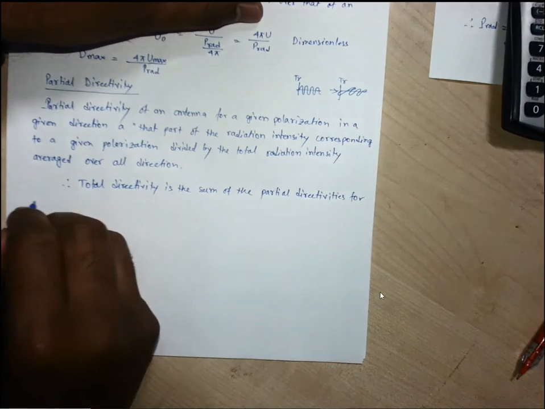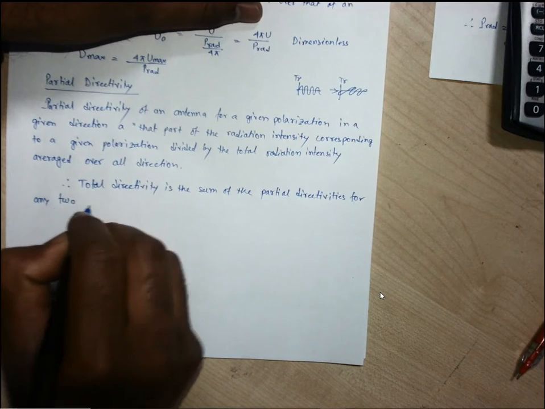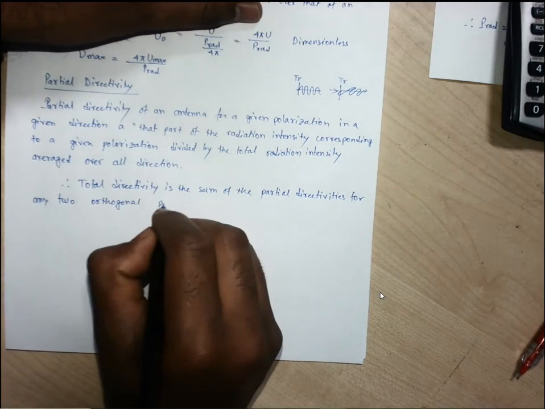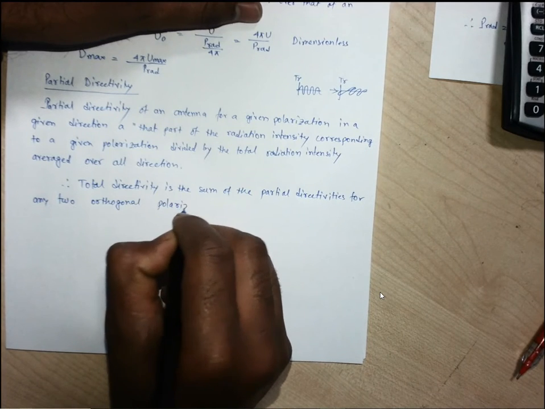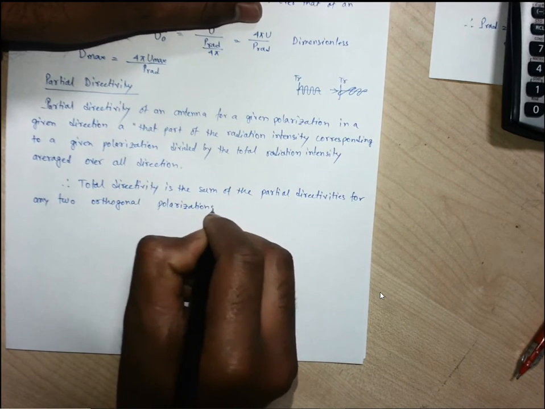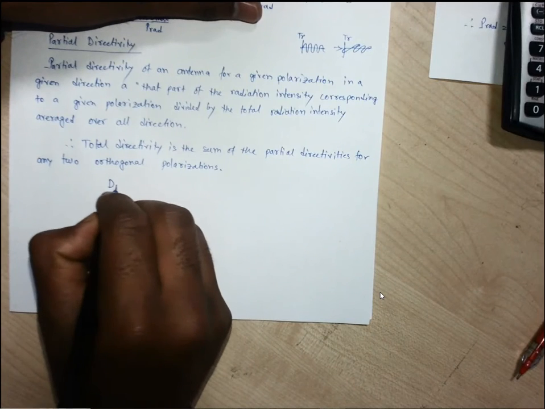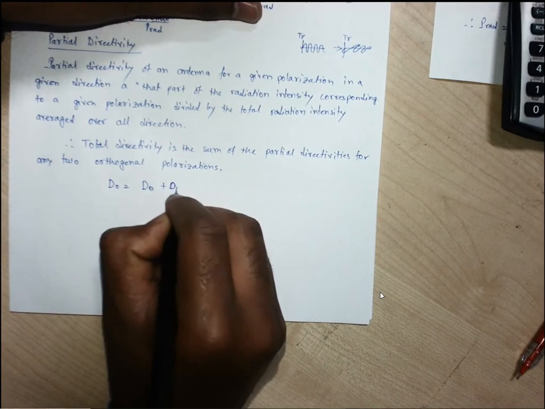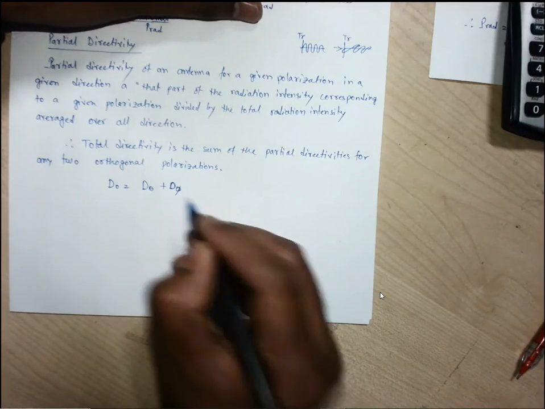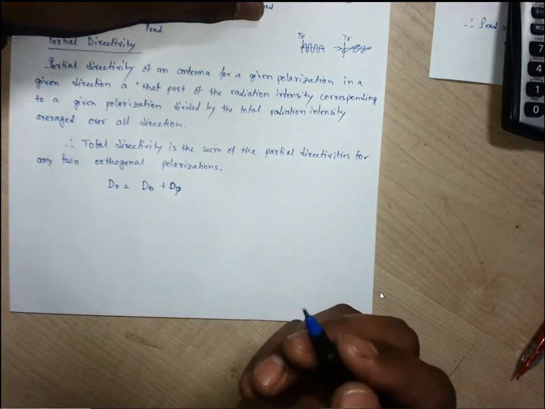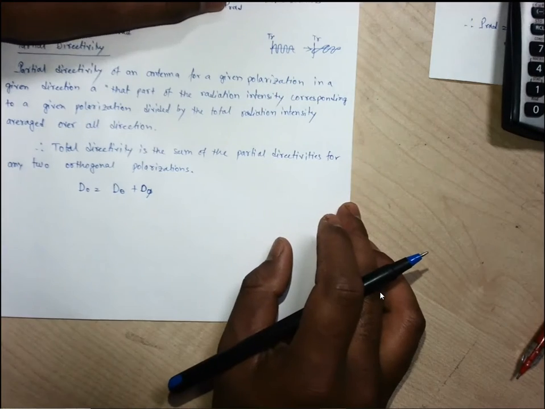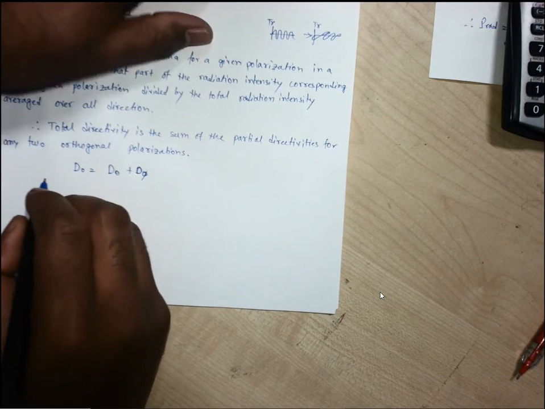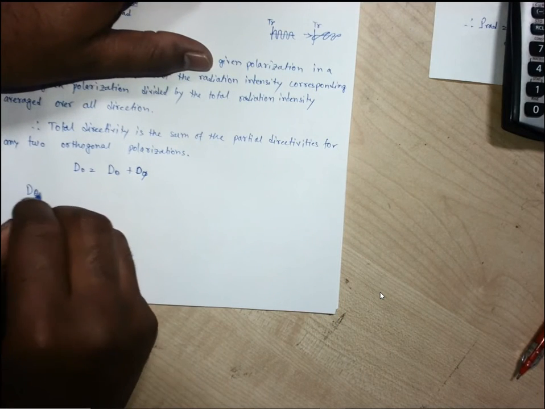For any two orthogonal polarizations, that is, D naught is the summation of D theta plus D phi. We may have different directivity in either the azimuthal direction or the elevation plane. So we can write this D theta as